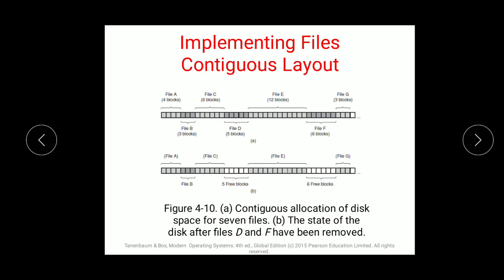So as you can say, contiguous means a block is thoroughly filled so that not one of the blocks is empty. In contiguous allocation, each file takes up a set of contiguous blocks on the disk.